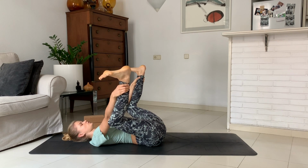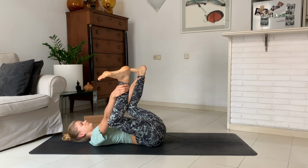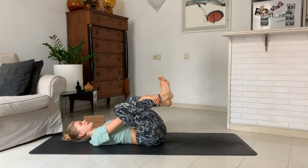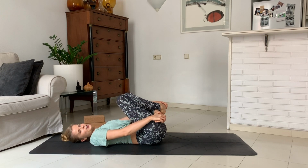Trying to soften the shoulders. If you can ground the shoulders into the floor, that is even better. Great. Taking one last inhale. And exhale. Bringing your knees back into the chest, crossing our ankles, grabbing onto the outer edges of our feet,